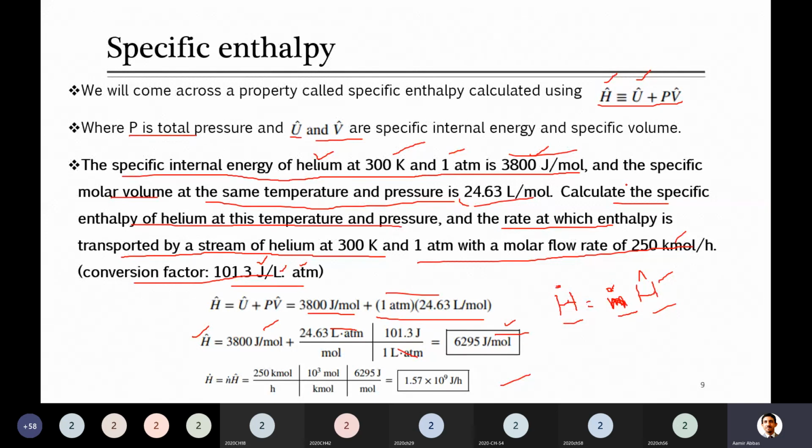After that I told you what is specific internal energy, why we will need it, because most of the time data is in this form, and in order to find internal energy you need to convert that specific internal energy to the simple internal energy. And then this was specific enthalpy. Initially I told you enthalpy H is equal to U plus PV, and you can modify it by dividing by per unit amount, either mole or mass, and you can calculate specific enthalpy is equal to specific internal energy plus PV cap.